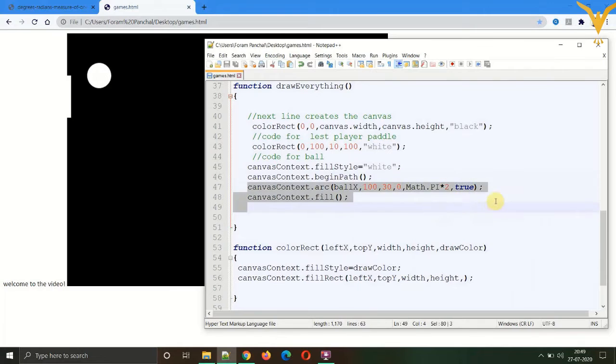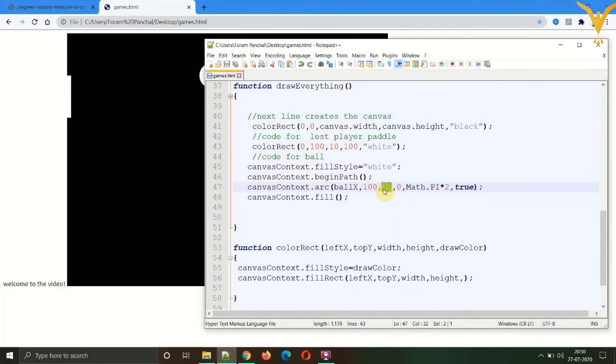Let's understand the coordinates. The first two, the x and the y coordinate, unlike in the rectangle function, are not the top left of the circle, this is the center of the circle. 30 is basically the radius, so your circle will be 60 pixels tall and 60 pixels wide, because the circle is double the radius, which is the diameter.